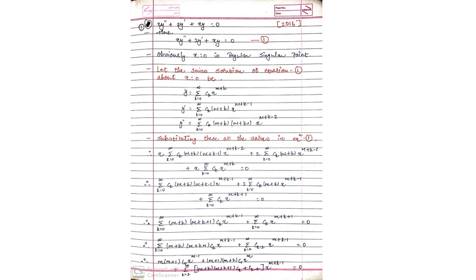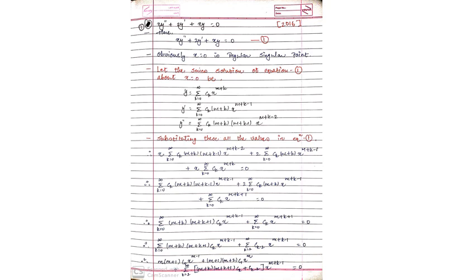So in the very first step, we have to just rewrite the equation and give it equation number 1. Now you have to check whether it is an ordinary point or a singular point. I didn't do this here, but you have to show how it comes out ordinary or singular. I have checked and directly written that it is a singular point, and in singular points you also have to check whether it is a regular or irregular singular point. So it is a regular singular point.